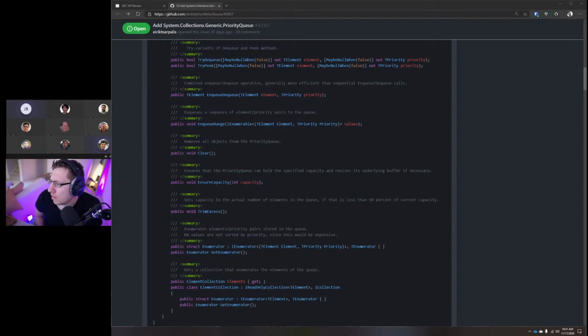With enqueue range, do you think it's also worth having an overload that's IEnumerable of T element, comma, static T priority? Sorry? So if you want to add 20 things all at the same priority, instead of needing to do something like zip with the enumerable.repeat to make all the value tuples, would it make sense to? I agree with this one.